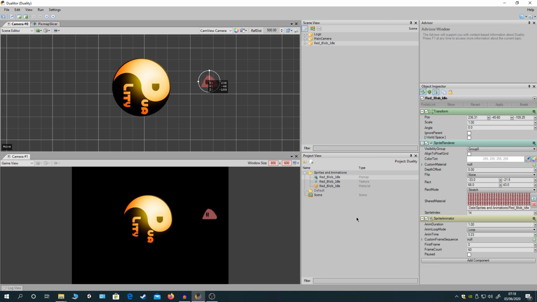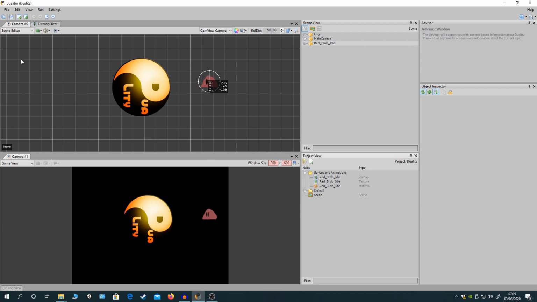You've got different animation options here. You can have loop, ping pong, just a single frame to be rendered out of the animation, and you can also have custom animations as well, which is key here. If we stop that,